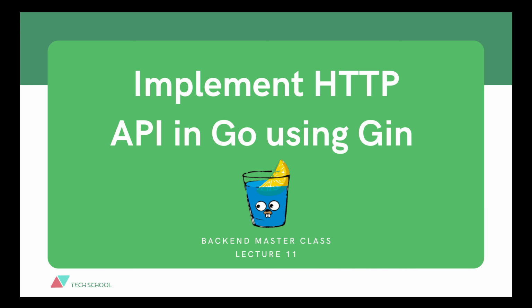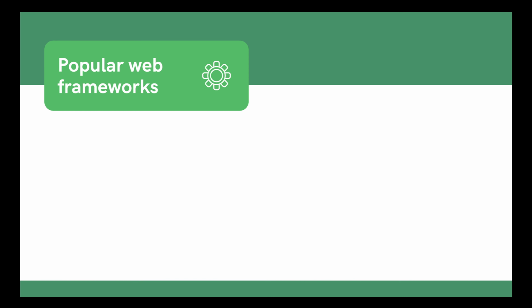So far, we have learned a lot about working with databases in Go. Now it's time to learn how to implement some RESTful HTTP APIs that will allow front-end clients to interact with our banking service backend. Although we can use the standard net/http package to implement those APIs, it will be much easier to just take advantage of some existing web frameworks.